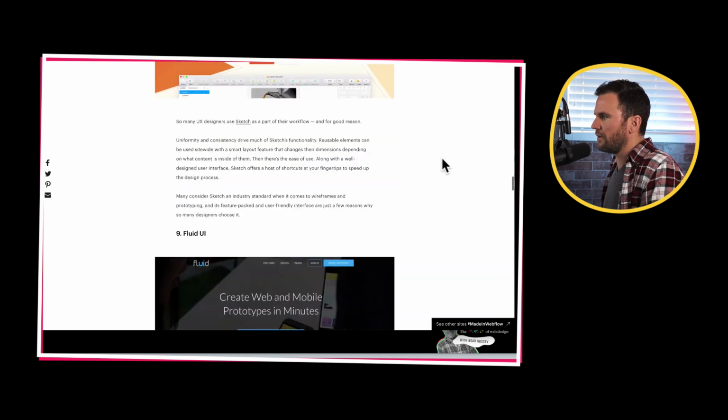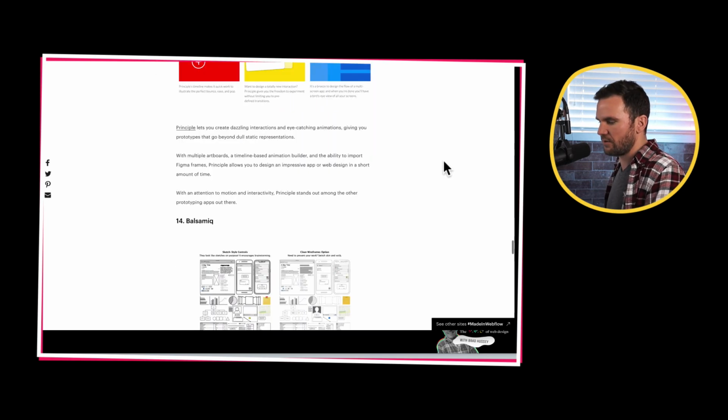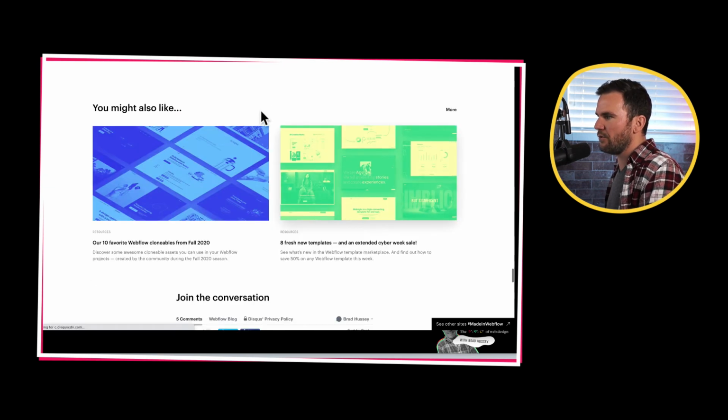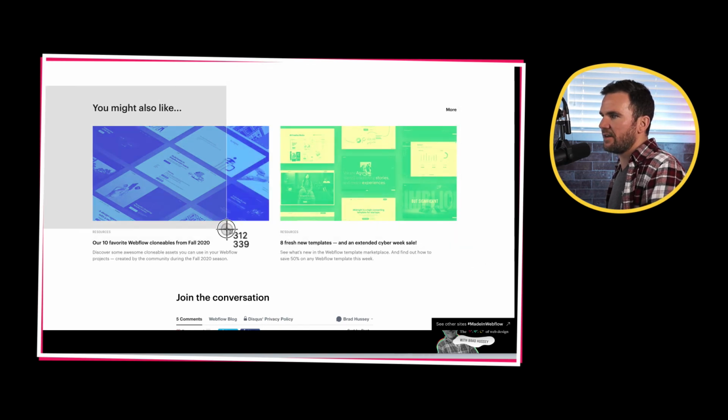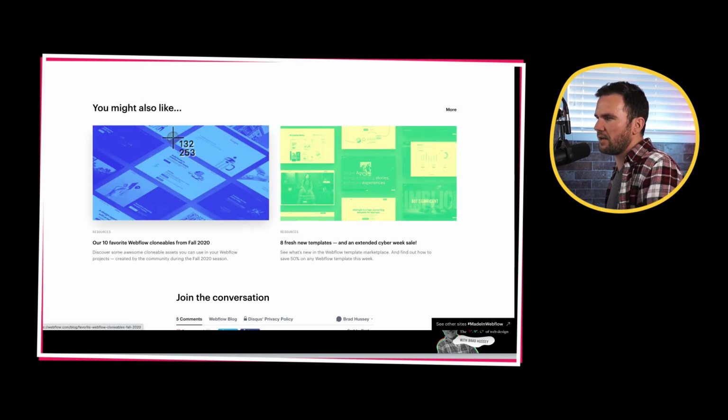But I'm willing to bet that if I go to the bottom here, they have a footer where they have, you might also like, and here we go. So this is 2 columns, but really it's probably out of the 12 columns, they're using probably 5 columns here, 5 columns here. So it's 5 and 10, and then 11, 12. I mean, really, I'm just estimating. So it's a 2 column grid, and the gutter here,